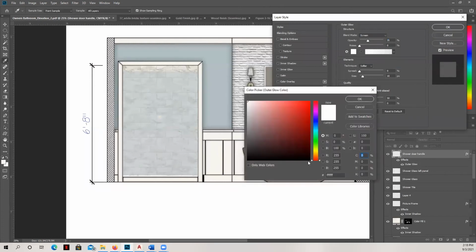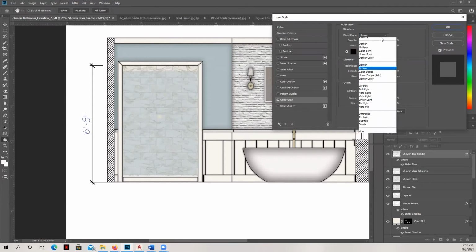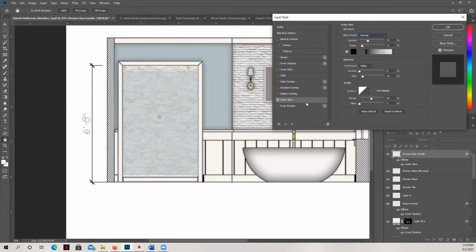I'm going to change the color from my outer glow to black. Change this to normal. And then see, you can see it comes out just a little bit. Reduce the opacity so it's got some dark. Okay.